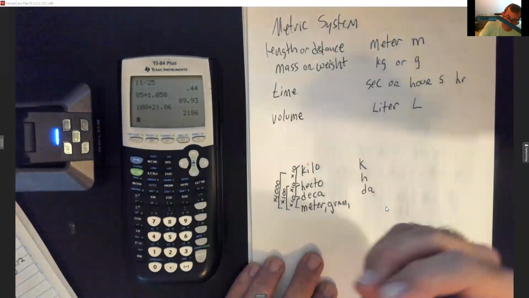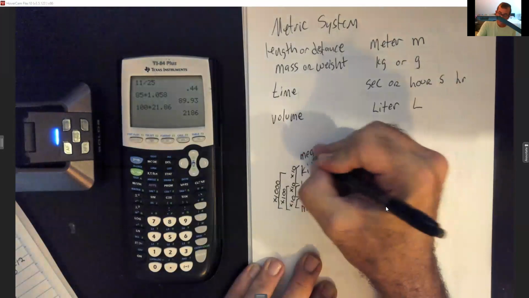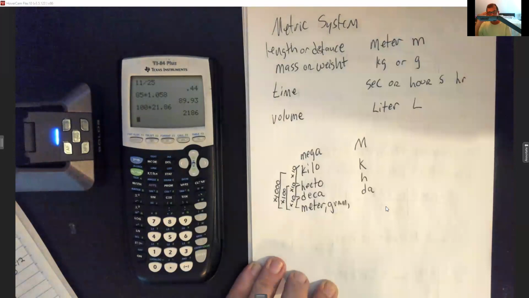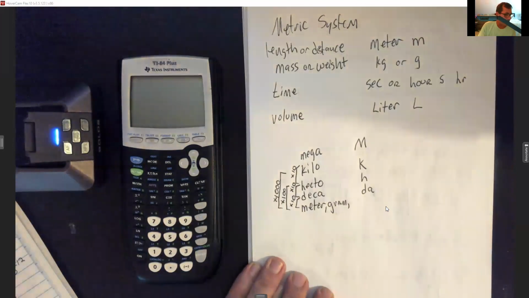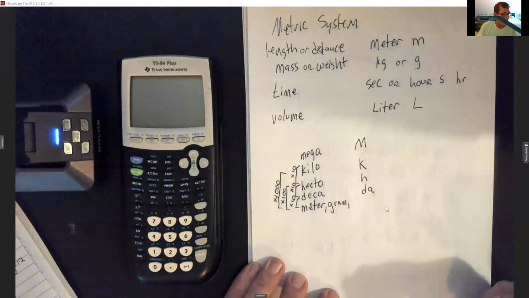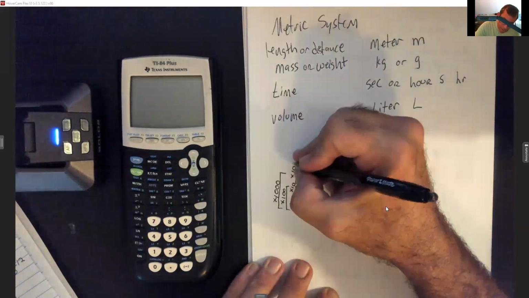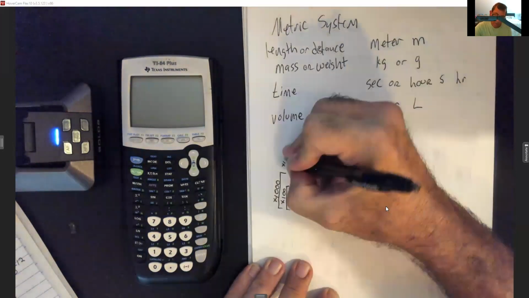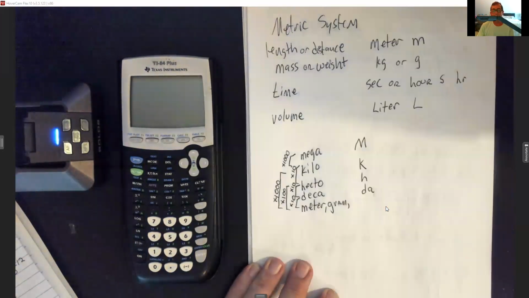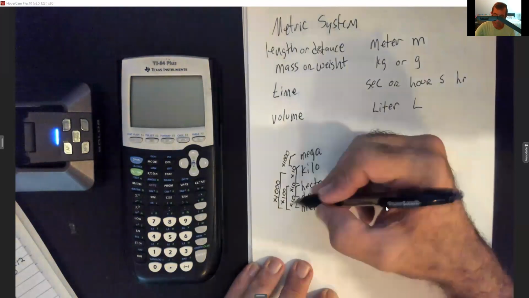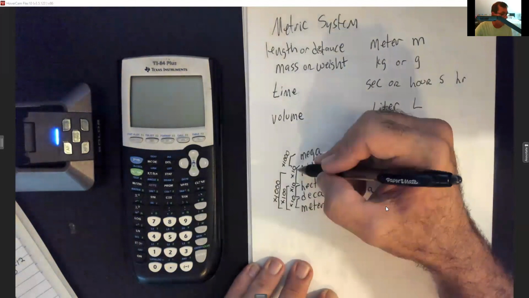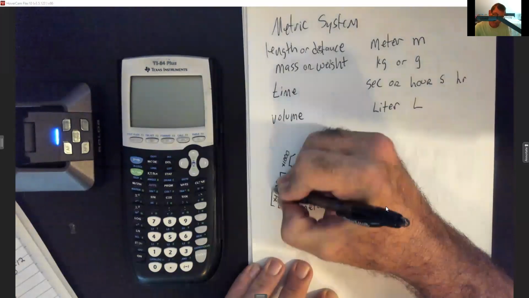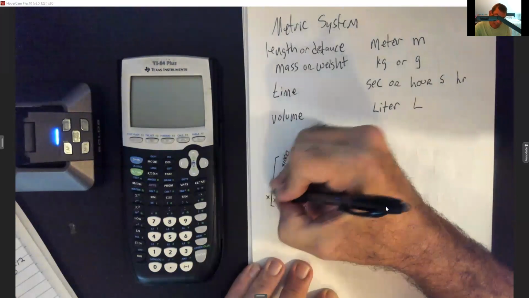Next would be mega, which is a big M. Megabytes, right? Y'all know all that stuff on them cell phones. So mega would be going from a kilo to a mega, actually goes by 1,000 now, okay? So they just went by tens down here, but when you get to these big, big units, they go by thousands. So to go from a meter to a mega, you're going to multiply by 1,000,000,